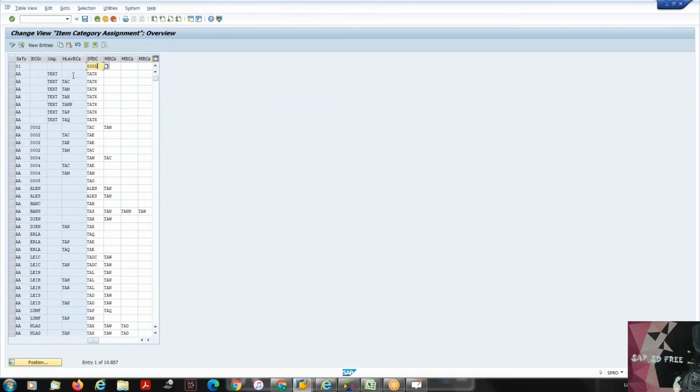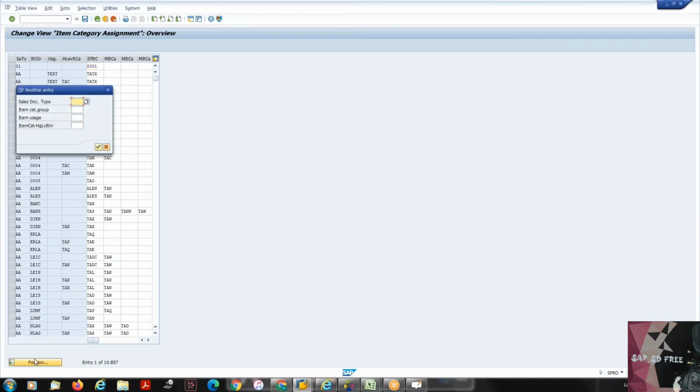So how do you assign the item categories? It's based on your sales document type. Okay. Then you have an item category group, then usage and higher level item category. These are all the 4 parameters to get a default item category in the system. So if my sales document type is OR, the item category group you assigned in your material master in the Sales Org 2 view. In your Sales Org 2 view, if you remember, you assign your